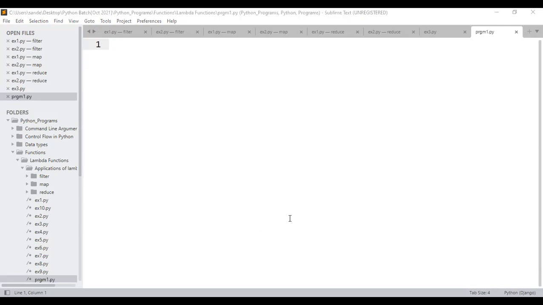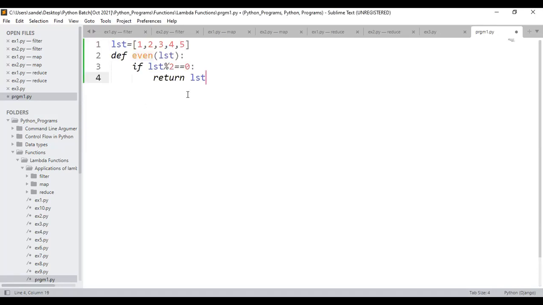Just tell me. Is this the logic to calculate even number? Yes or no? Directly I'll be writing. Just tell me whether it is correct or not. Is this the logic to calculate even number? Yes or no? That's it. Please do respond. Assume that if this is the number, don't you think this is the logic to calculate the even number?